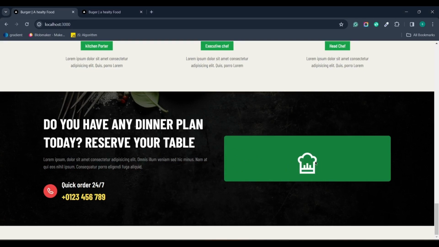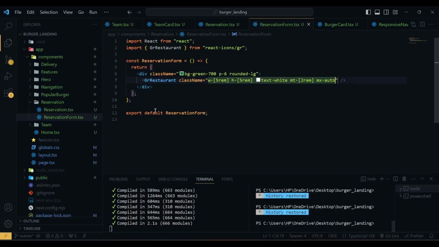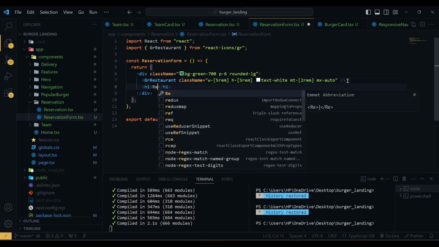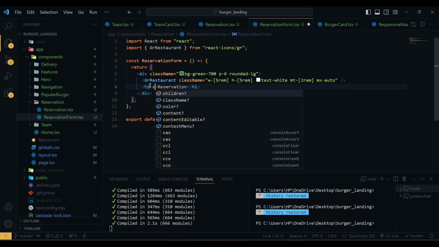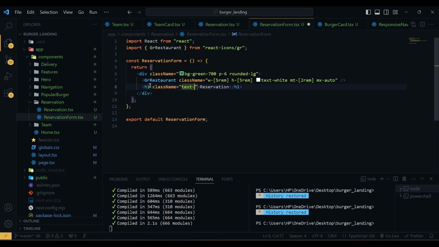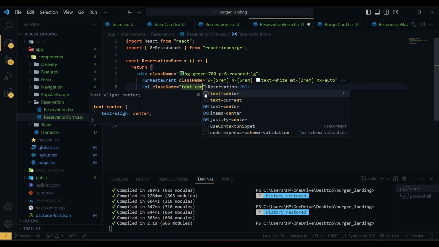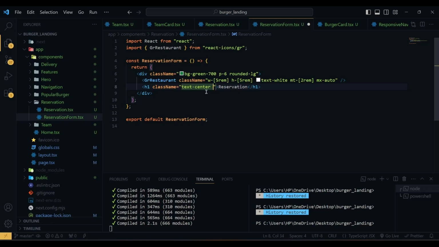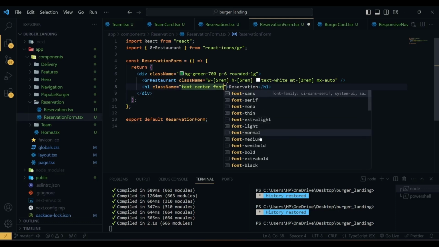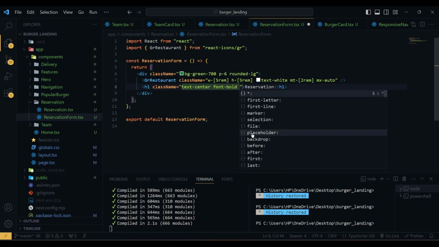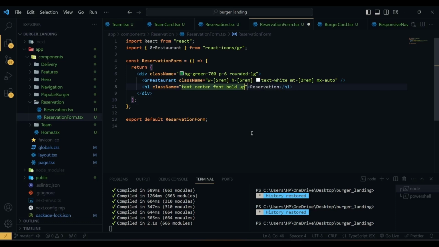So this is our reservation form, and this is the icon. After the icon we have an h1 with the text reservation. This h1 has a class name of text-center. I'm going to use Control and Space for the suggestion. So then we have font, and if I click Control and Space, it will show the suggestion. So we are going to use font-bold, then uppercase,